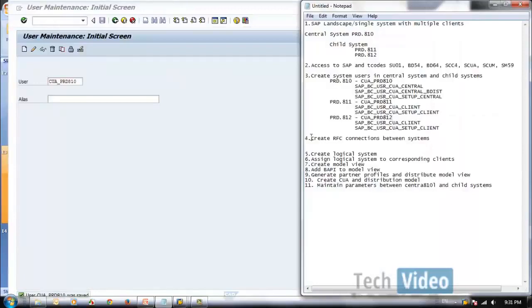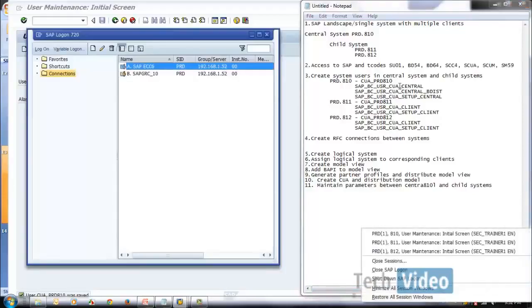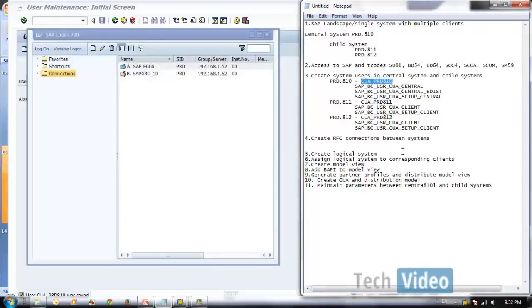Our next step is to create RFC connection between the systems. Okay, first what we need is 2 RFC connections from 810 to 811 and 812.